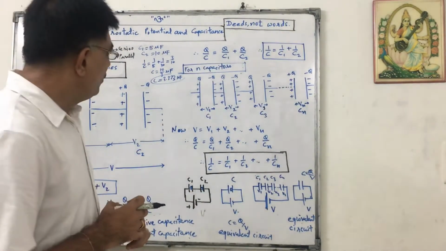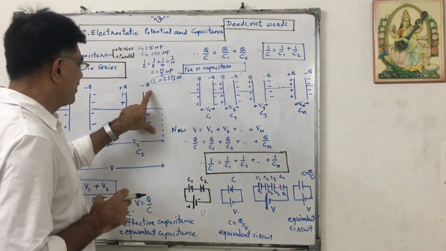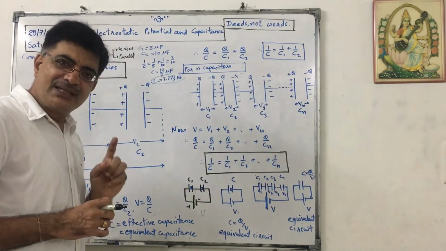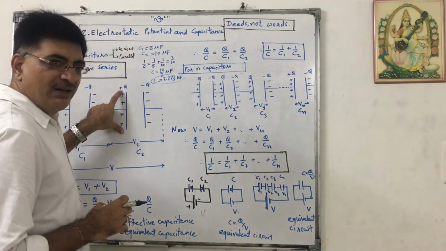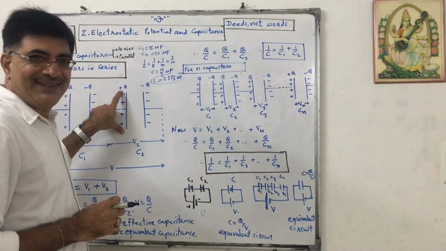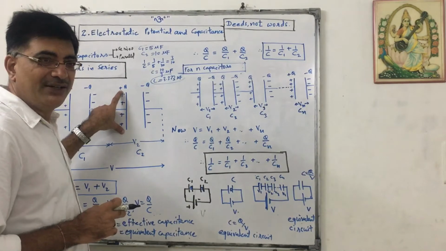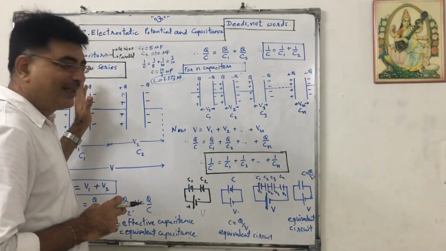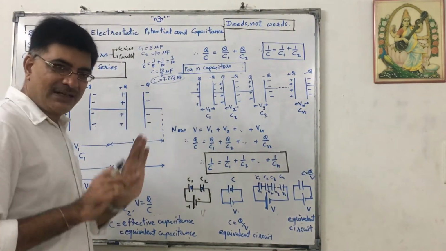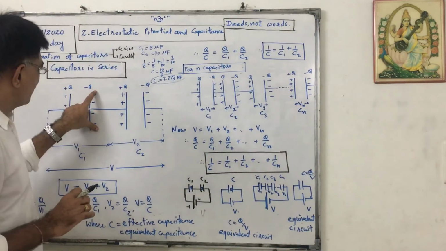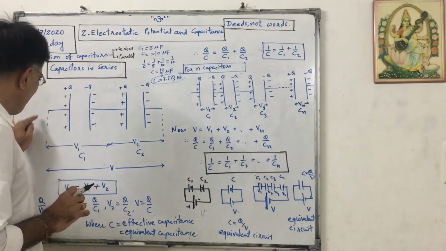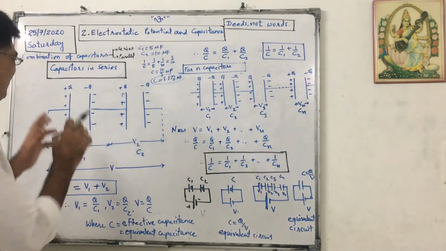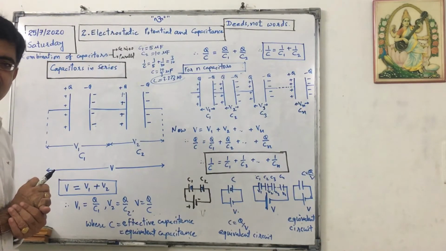So what will happen? Here minus Q charge is deposited. So we know that total charge on capacitor is 0. That means here there will be positive Q charge. We can say induced. Due to this, some electrons will go here. Repulsion. So net charge here has now become 0. Now here it is minus Q, so here it will be plus Q. So some electrons will be traveling in this direction. So this is called charging of capacitor in simple words.